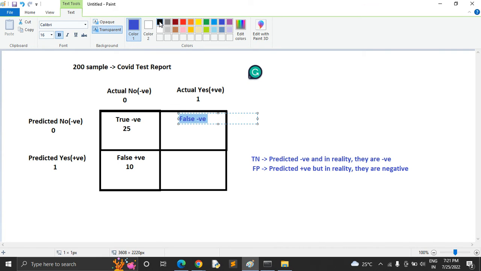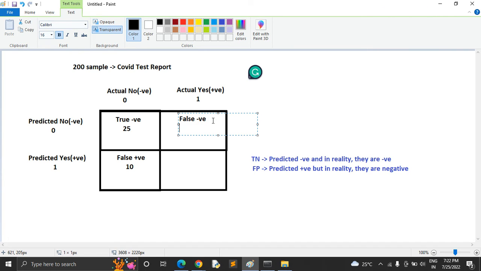Right. This scenario here is known as false negative, because the people belonging to this category do have COVID, but the model says that they don't have COVID. Now this is more dangerous. This false negative situation is more dangerous than false positive, right? Because in reality these people have COVID, but the model says they don't have COVID,